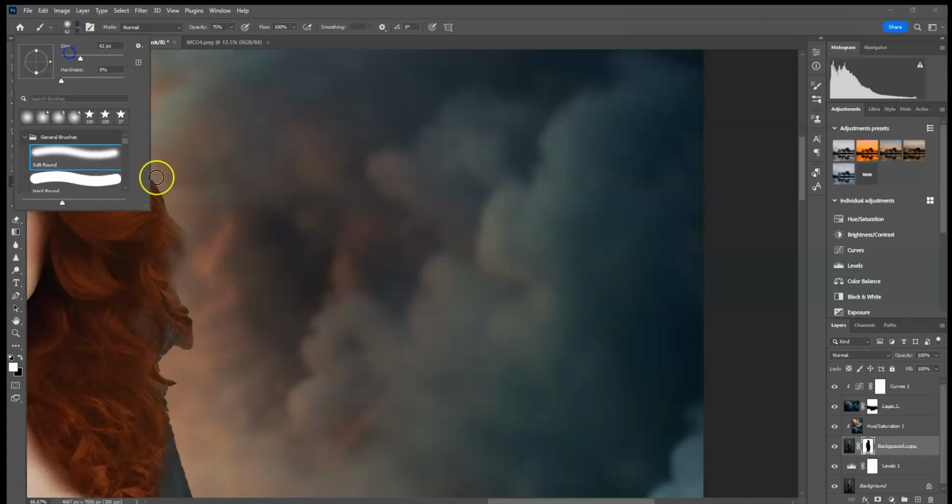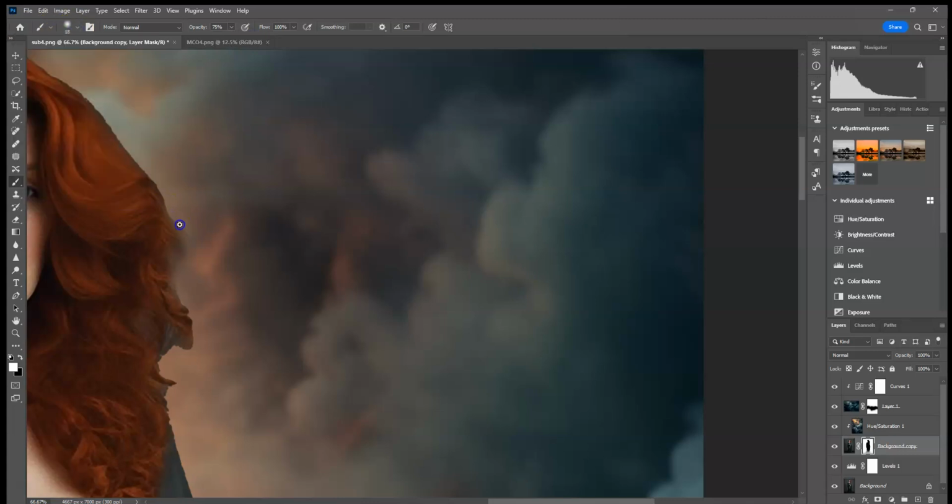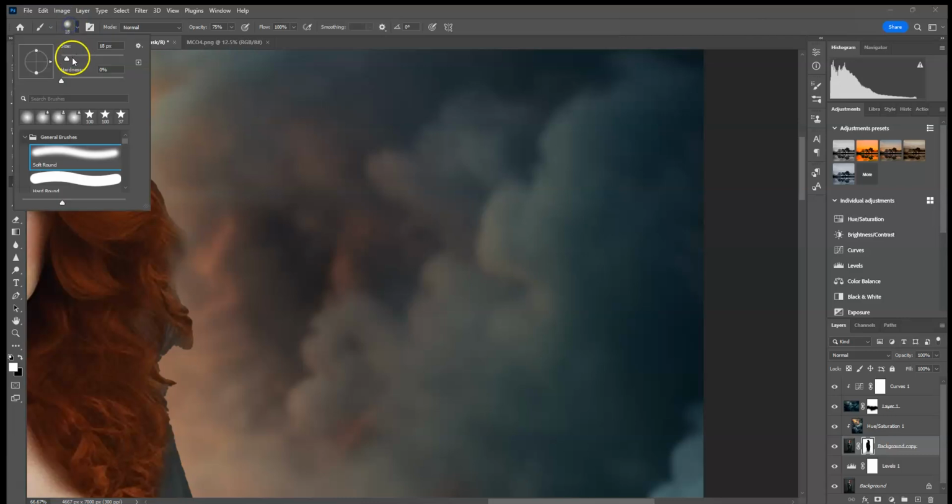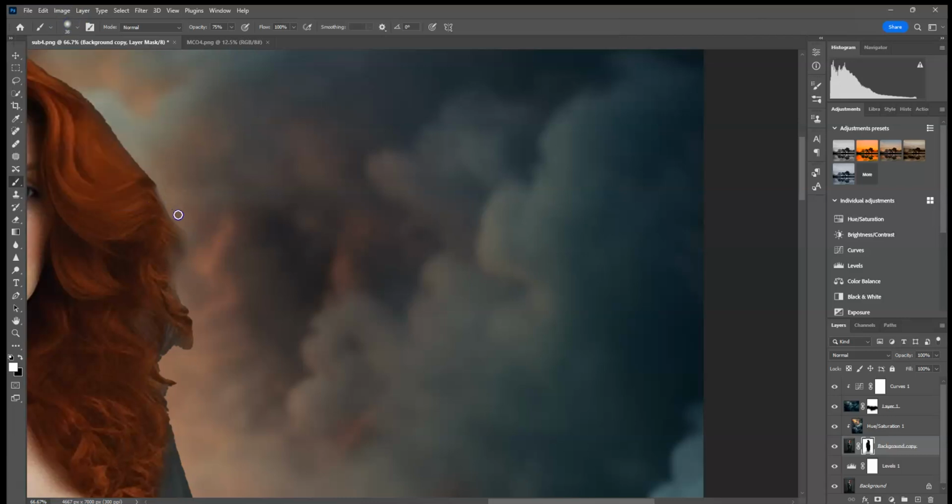Actually going to get the edges real quick at 100%. And then I will go in and shape it a little bit more, but I want to get rid of these raw edges first. Okay, and then I'd go down to about 30% instead,